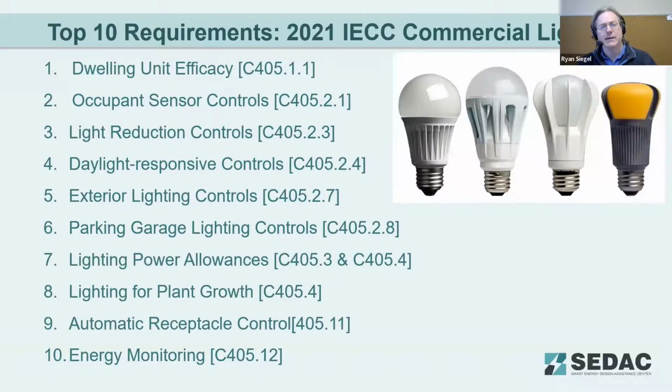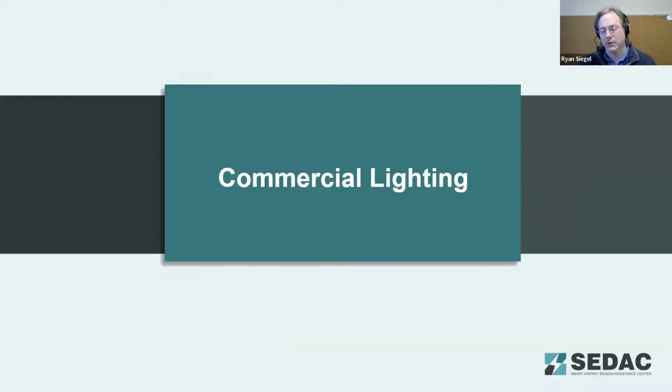So with that, here's a brief look at what we're going to be looking at today. Some of the efficiency requirements for dwelling units, occupant sensors and various controls requirements, lighting power allowances, plant growth,